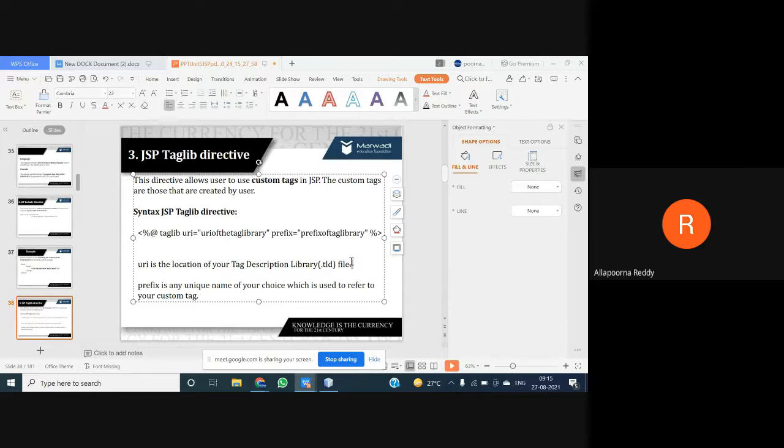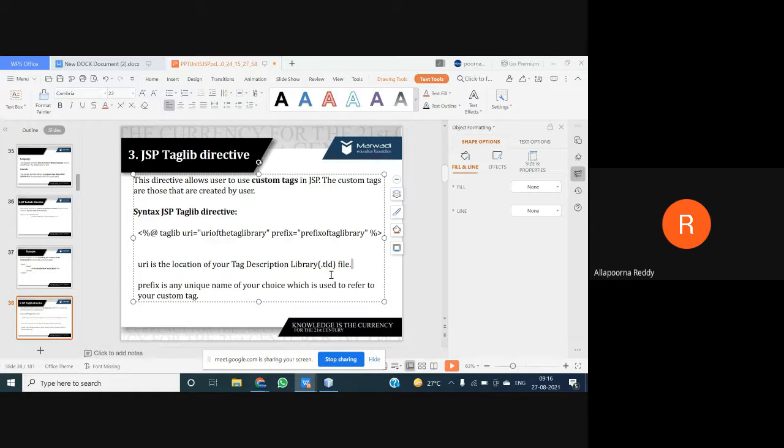So whenever you want to make the custom tags useful, you take this as a prefix. Automatically it shows the taglib directive, which makes it clear that I need to go to my custom tag. So to define your own tags, or to use your own tags in your JSP, we use a tag called the taglib directive, or I can say tag library directive. The main purpose, as I told already, is to allow the user to create your own or customized tags.